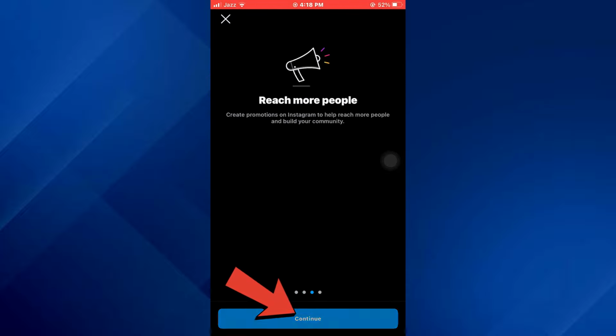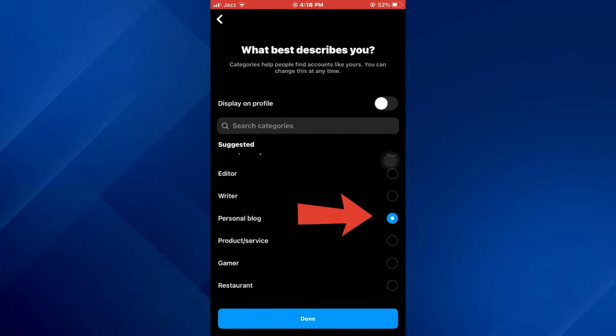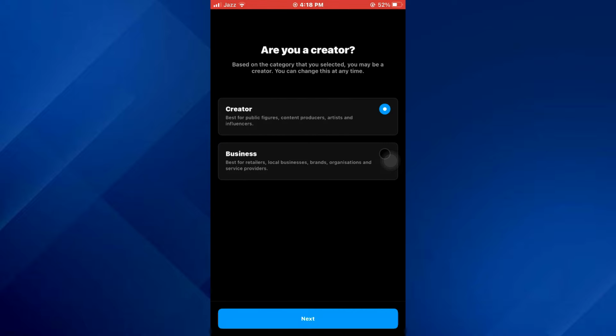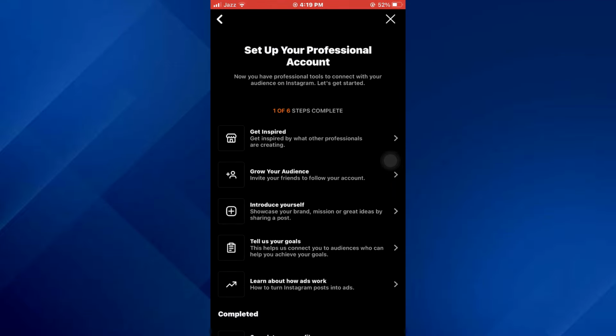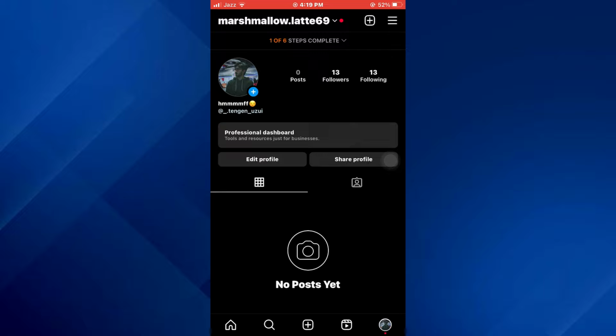After that, continue to the Categories tab, select one and tap on Continue. Once done, select Business. After selecting it, tap on Next, again tap on Next, and at the end, skip this step. Now that I have converted my account to a business one, I will show you the procedure to revert